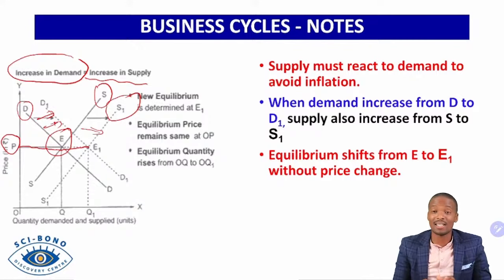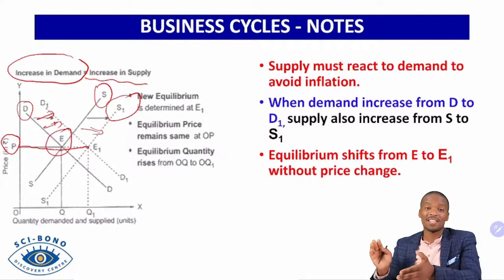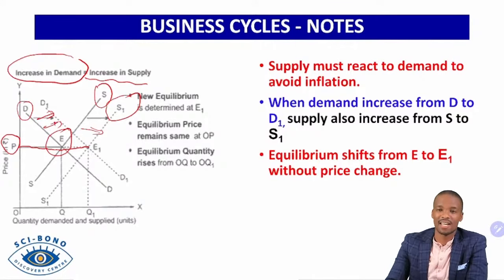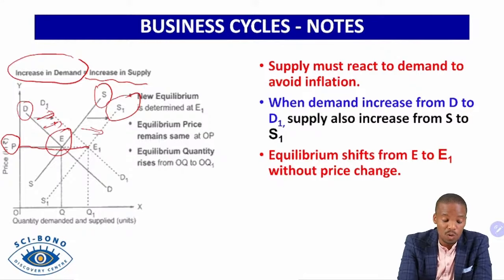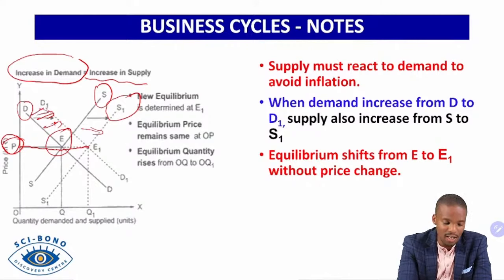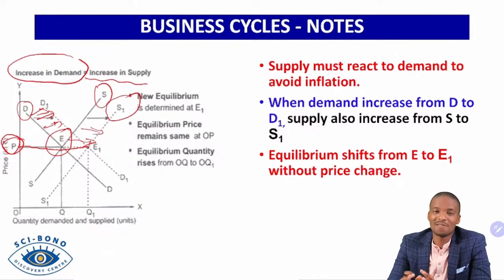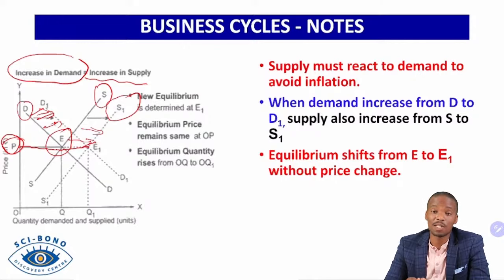This is what we want in the economy. We want a point where any increase in demand for certain goods and services, supply should equivalently react to that. In that way, we'll be able to do what? To control the inflation. So this is the desirable output where we want an increase in demand, supply should react and increase it. So economics learners, if you are asked to illustrate with the aid of a graph how inflation is controlled with a demand and a supply curve,